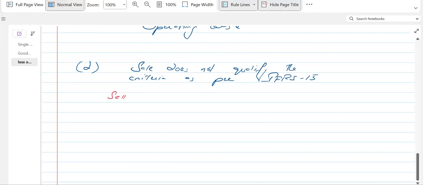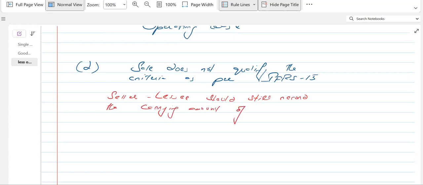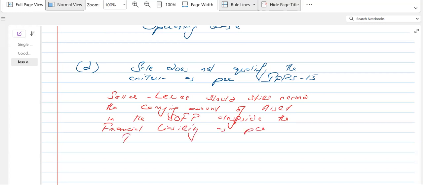Now the seller lessee should still record the carrying amount of the asset in the statement of financial position alongside the financial liability as per IFRS 9, as this in substance is a financing arrangement,